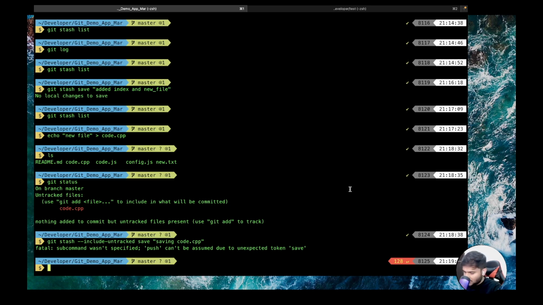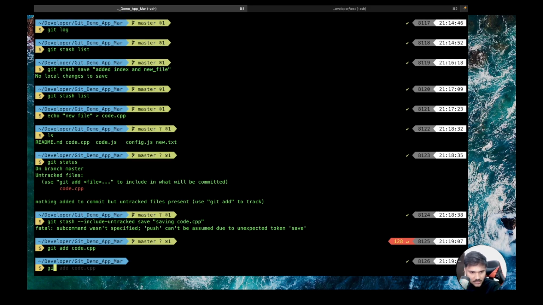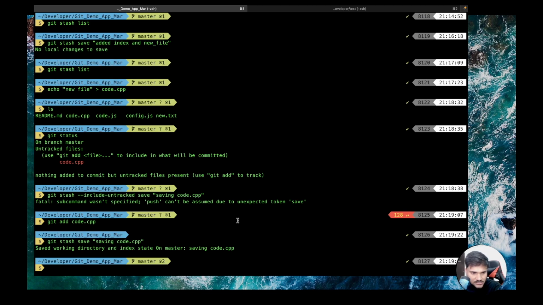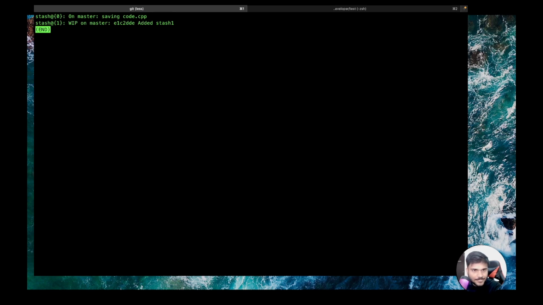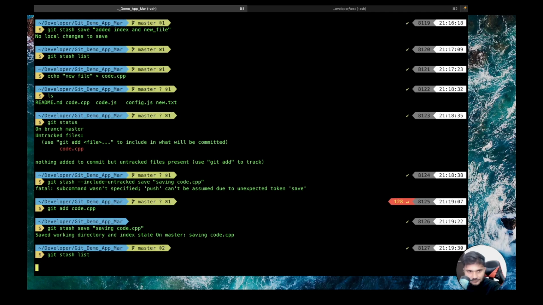One second. Let's do git add code.cpp first, and then do git stash save saving code.cpp. Now you can see it has created a new stash, and you do git stash list. You have saving code.cpp, right?